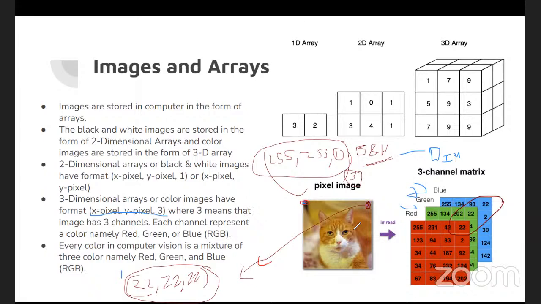Okay, Avinash has a doubt that in case of black and white images, he has given me an image which is 255, 255, 1 is black and white. The first 255 represents the black color intensity. Then what is that second 255 for? See, Avinash,